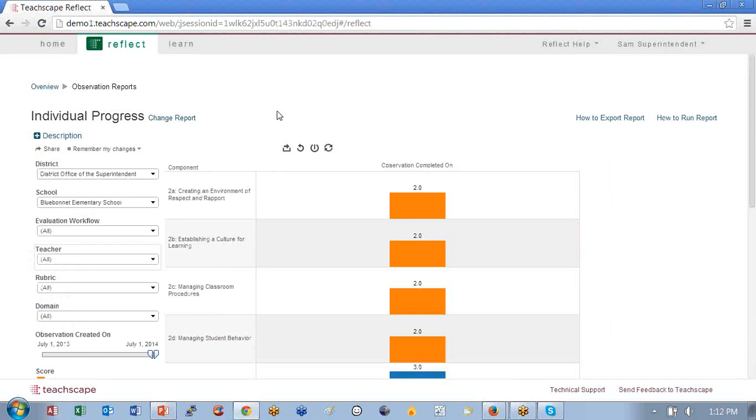Focus is pretty good. They do give you some graphs and charts, but we want to give you this type of report for Learn because we know people need it. They want to see something that says, here's this teacher, and what are they doing with PD? And they want to do it quickly and not have to go between products. So it is in the running. We just sort of follow the customer demand, and the demand was first for Reflect, and now it's becoming more and more for Learn.